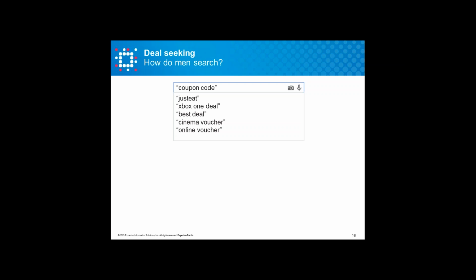Men are also likely to be looking for things like online vouchers as opposed to printable ones, which is a good segue to our next slide, which shows how women are searching for discounts online. And here we see some of those. Unlike men, as we just mentioned, women are more likely to be searching for those printable vouchers. So they're going to be going online, finding a voucher, and then printing it off and taking it into a